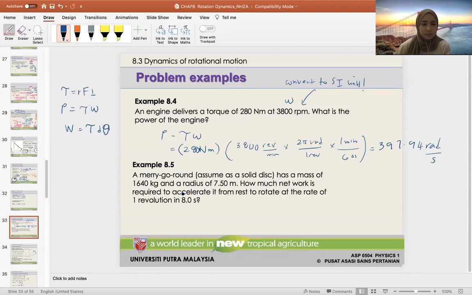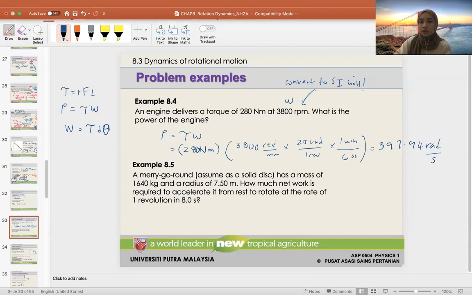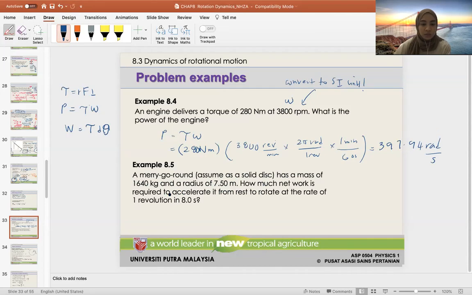Okay, so example 8.5, a merry-go-round, assume it's a solid disk. Solid disk's I is 1/2 mr squared. It has a mass of 1,640 kilograms and a radius of 7.5. How much net work is required to accelerate it from rest? What is accelerate from rest? So omega initial is 0,